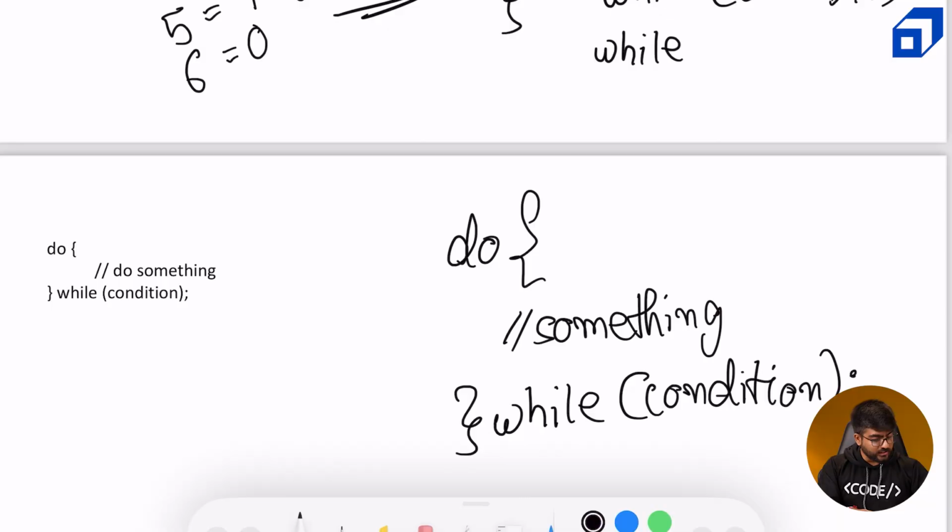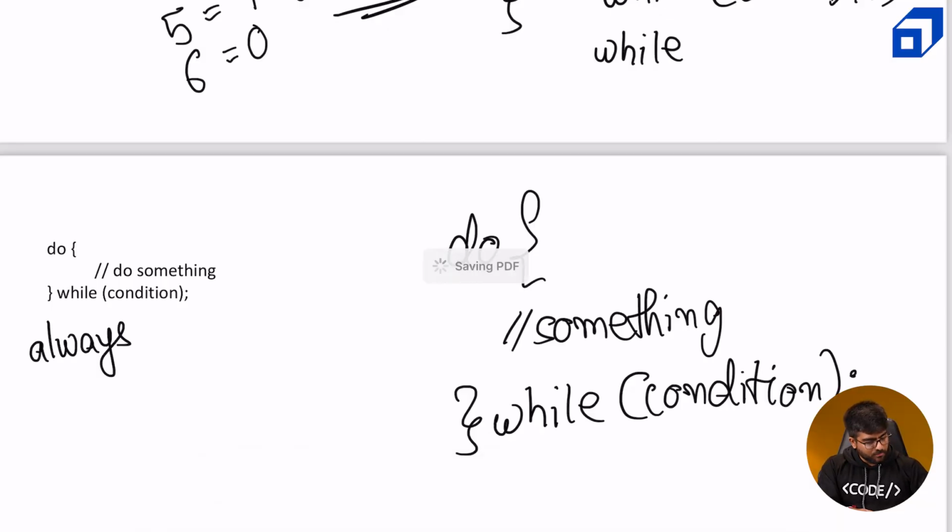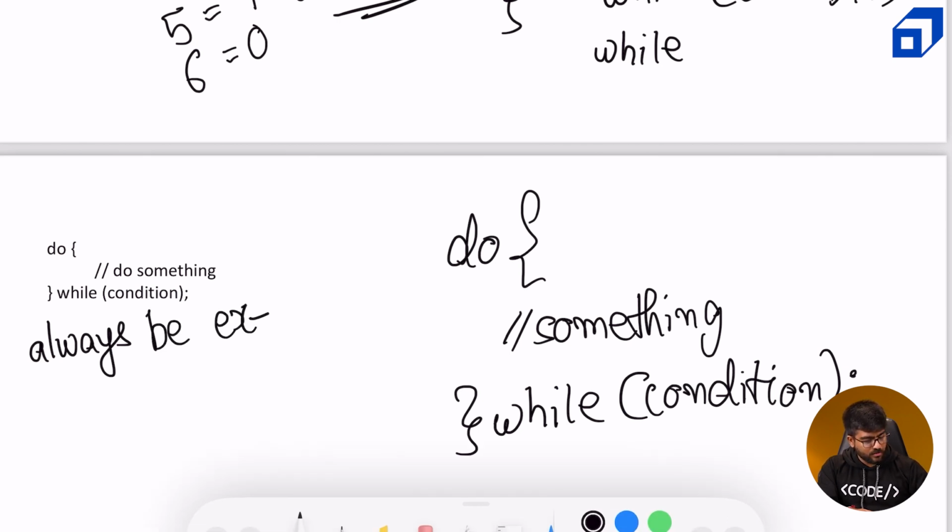Okay, at least once. My bad. Again, poor choice of words. So this will always be executed at least once. Okay, so when I translate it into English language, it will be like do something, check for